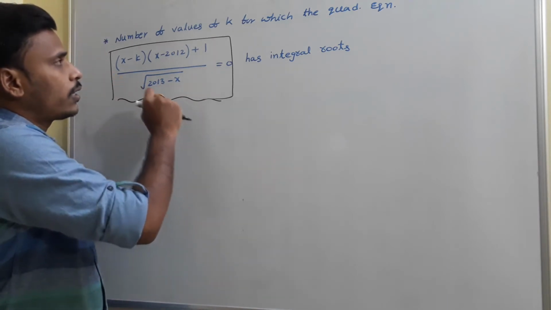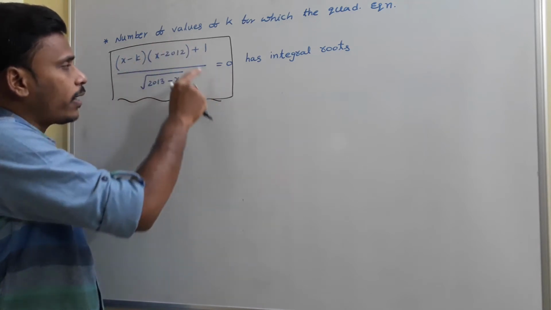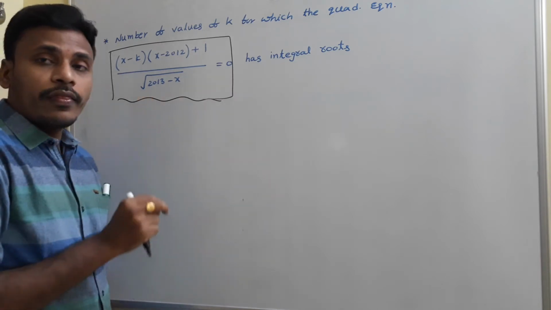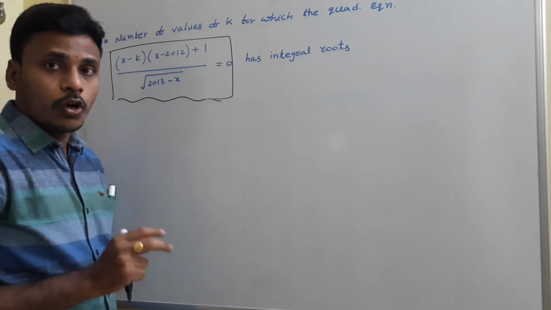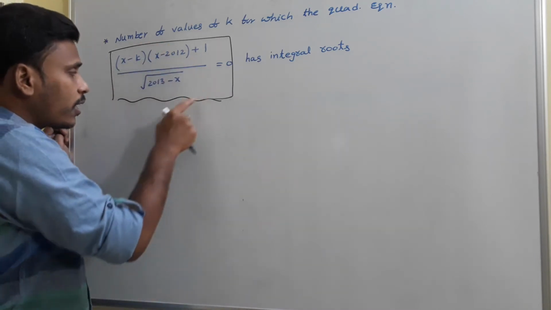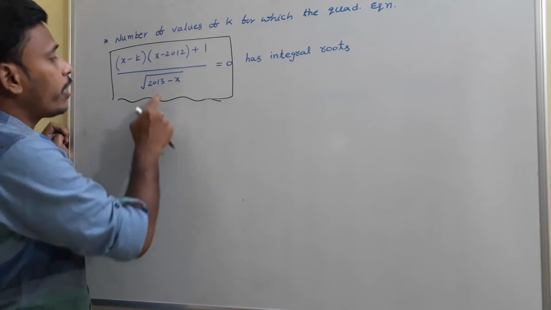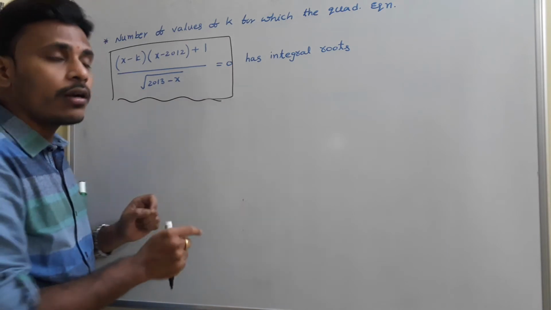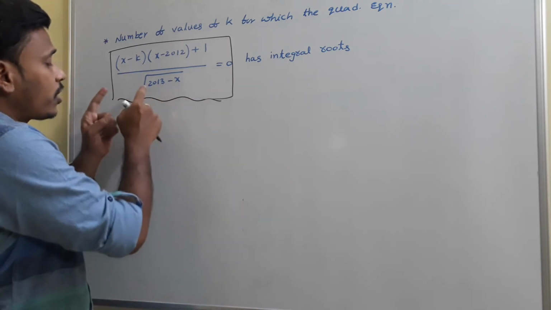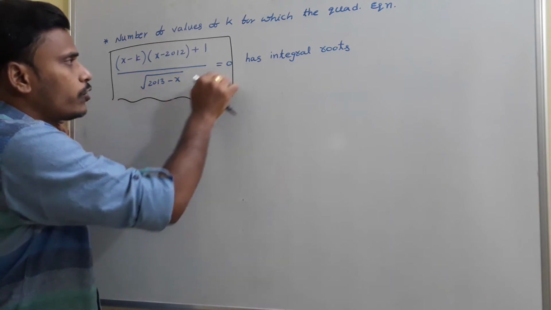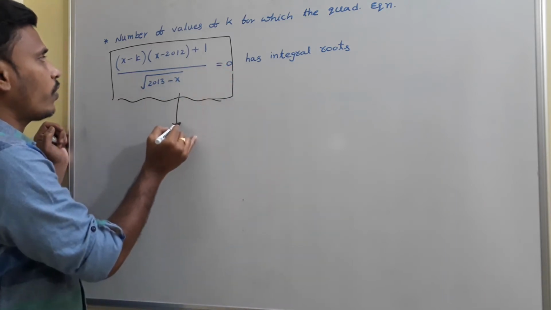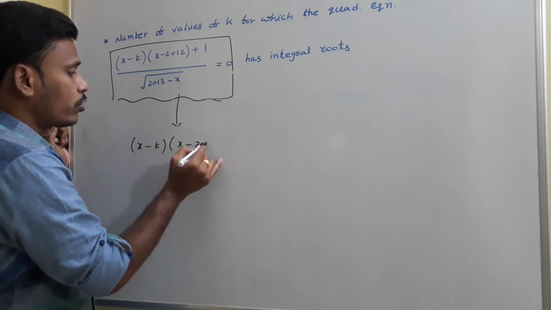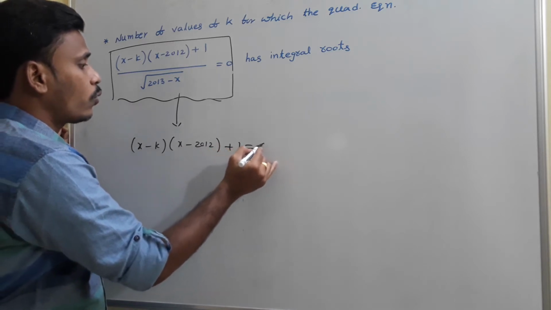See, this is definable only if the denominator is non-zero. If the denominator is 0, then we won't consider that as a real value. That's why this expression is defined only if the denominator is not 0, and if the denominator is non-zero, since square root is involved, for sure it is positive, and since it is positive and non-zero, you just directly send it that side. So from there what we conclude is (x minus k) into (x minus 2012) plus 1 is equal to 0,